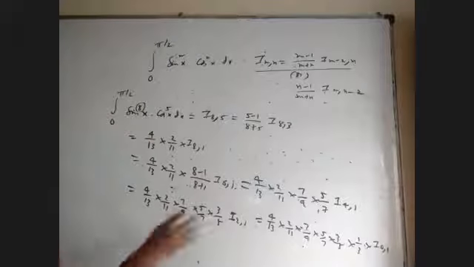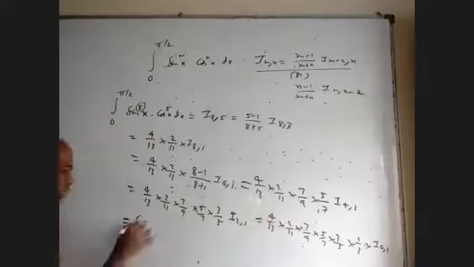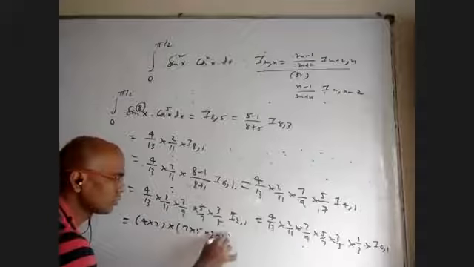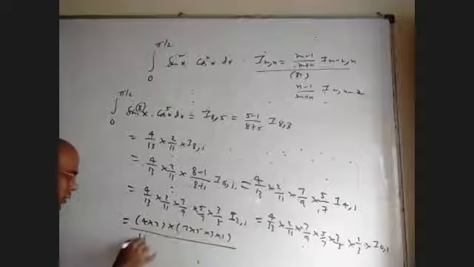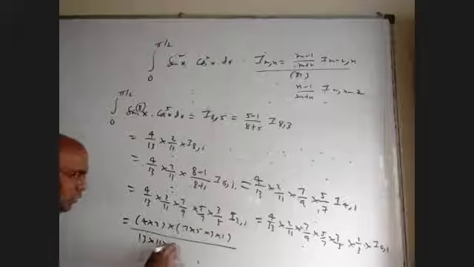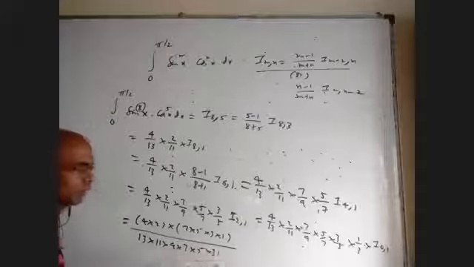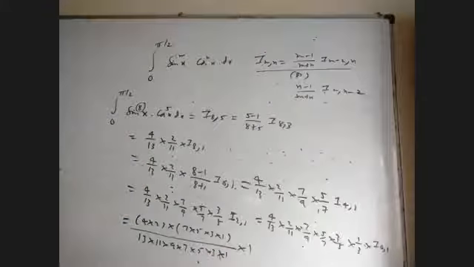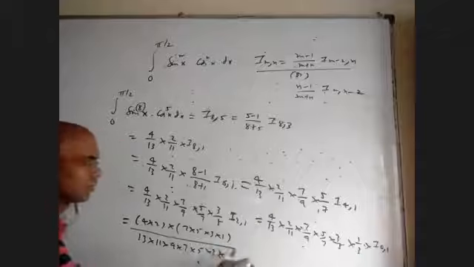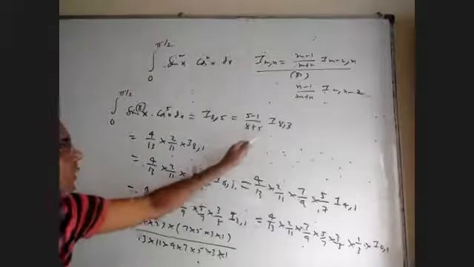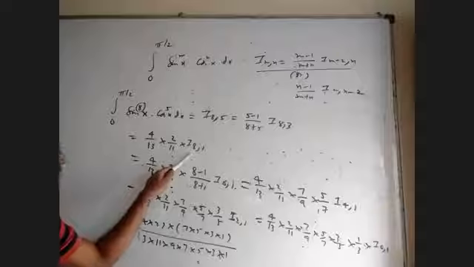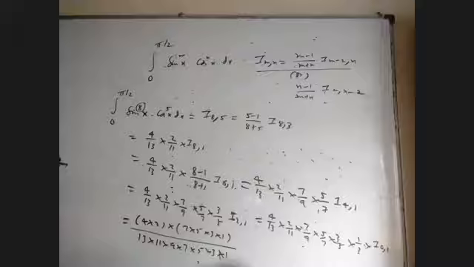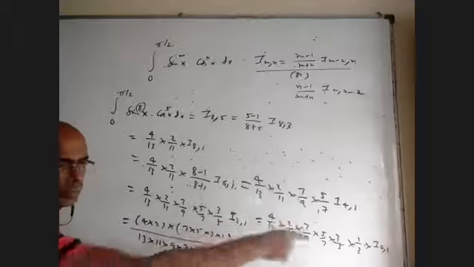Right? Okay, now let us see. This 4 into 2, I want to write separately in the numerator: 7 into 5 into 3 into 1, and denominator 13 into 11 into 9 into 7 into 5 into 3 into 1. And this I 0 comma 1 is 1 only, so nothing to write as such. There is no pi by 2 here. So now again you see, even though I would have completed I 8 comma 1 in one step as 1 by 9, purposely I stopped decreasing this power. Now I started decreasing the power here step by step. 8 became 6, 6 became 4, 4 became 2, 2 became 0.